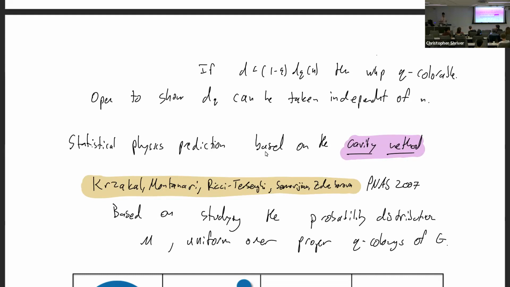But one way to start understanding what they're thinking is that instead of thinking about when there's a coloring or not, what they are really trying to understand is the probability distribution over, say, uniform proper Q colorings of a graph. They want to understand the properties, correlation decay properties, and things like this of this probability distribution. And even going further, they're not actually going to be looking at Q colorings. What they'll look at is some positive temperature version of this. So, and we'll get to this in this talk, the anti-ferromagnetic Potts model. Because of course, once there's no colorings, you can't talk about the uniform distribution, but you can always talk about the Potts model.